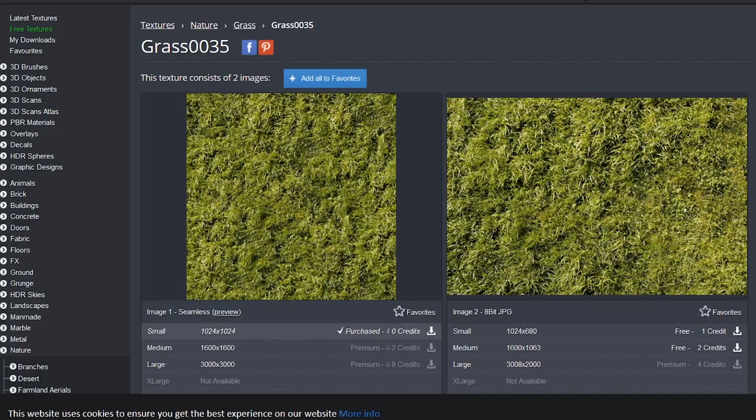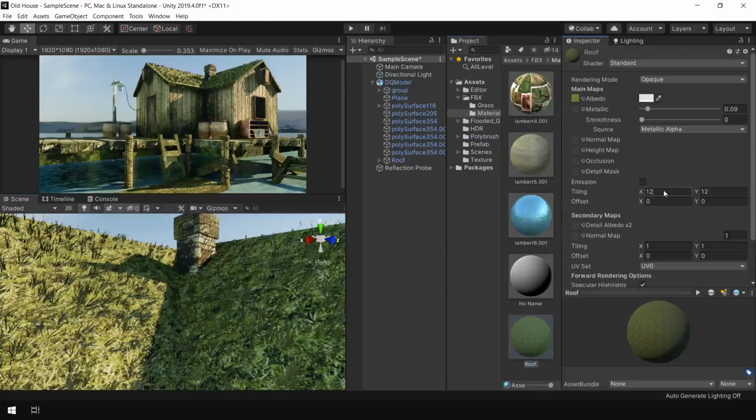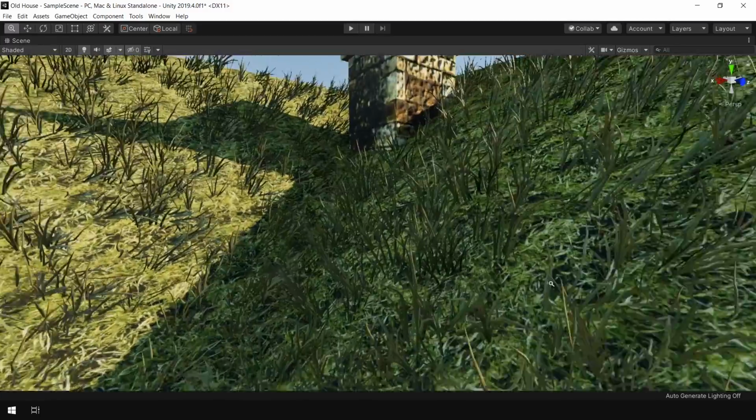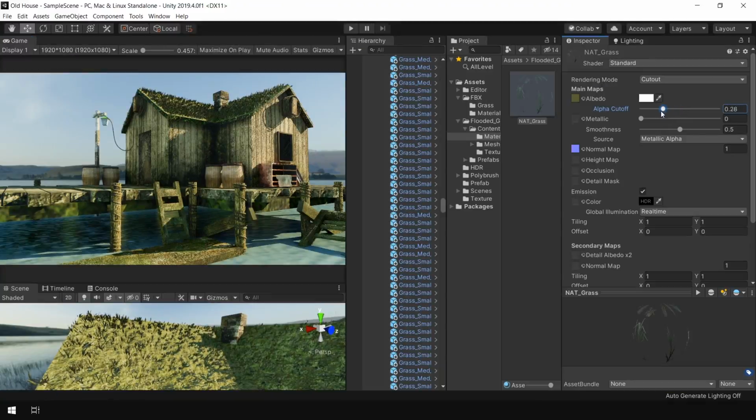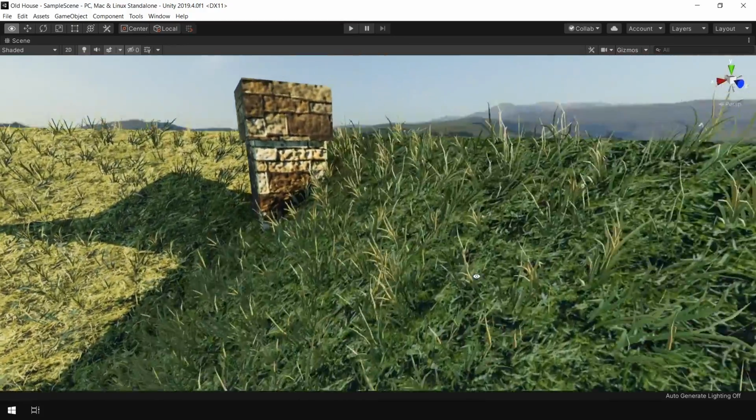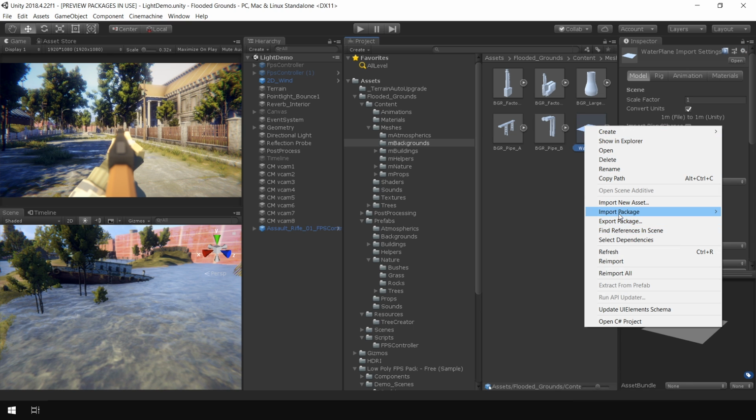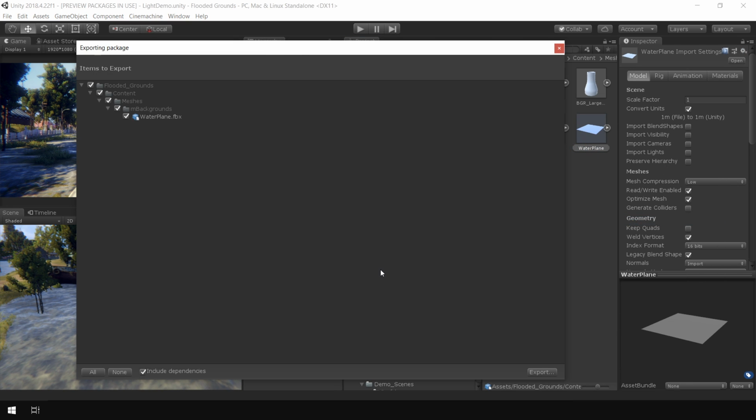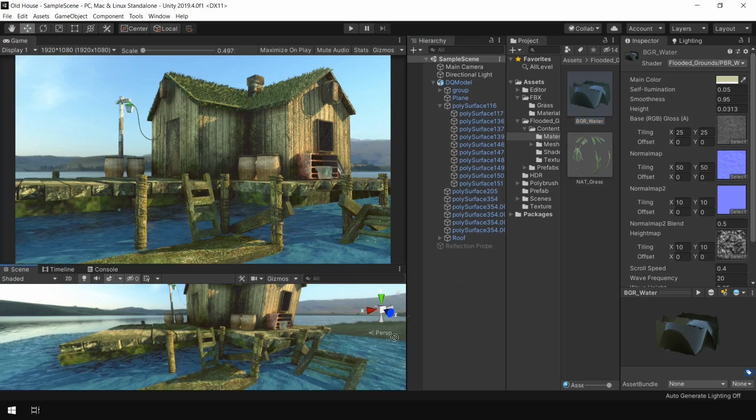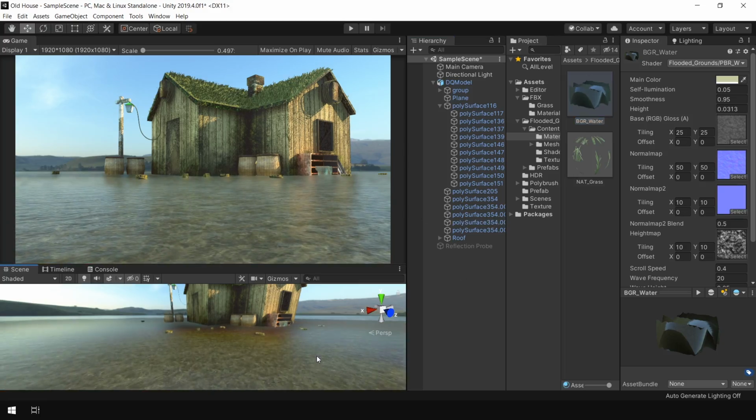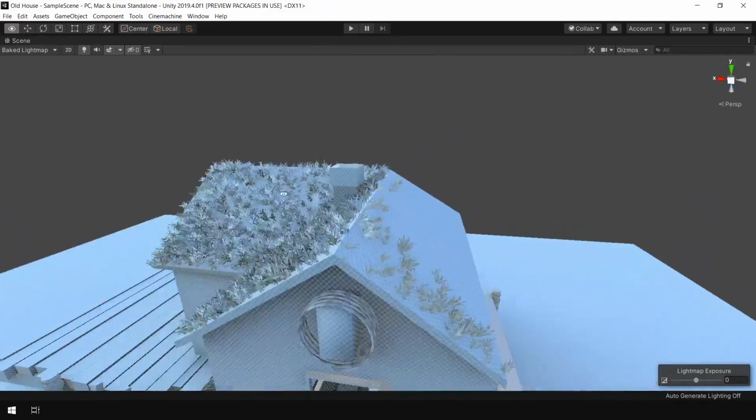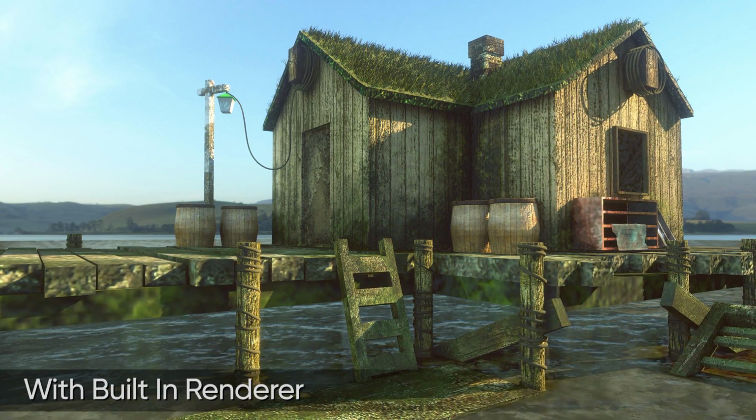After that, I downloaded a new grass texture from texture.com because the previous texture was not matching with my grass. After a few more adjustments, this is how the grass was looking. Now at this point, instead of wasting any more time on grass, I again went back to Flooded Ground Pack and this time I installed water. Then I fixed the lighting one more time, and this is the result I was able to achieve with Unity's